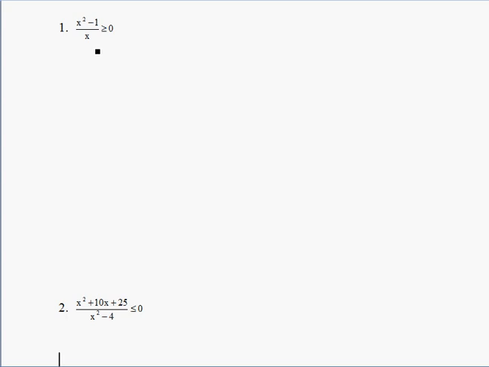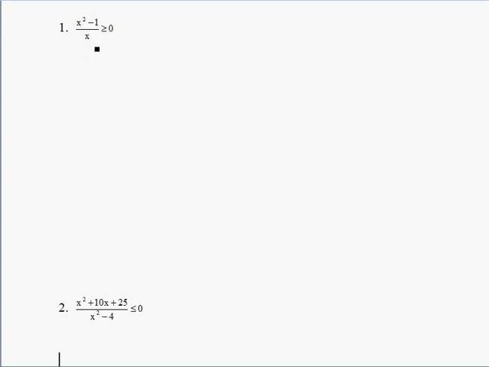Okay, we're going to look at rational inequalities now. Again, we'll be factoring, considering multiplicity of the roots. But the interesting thing about rational inequalities is your denominator is always an open circle, meaning you can never include the zero in the denominator because that's where you have an asymptote. So factor, consider the roots, consider the multiplicity of the asymptotes as well as the intercepts, and then the inequality